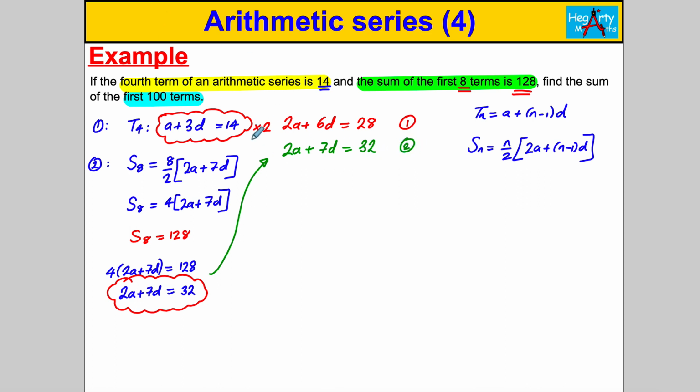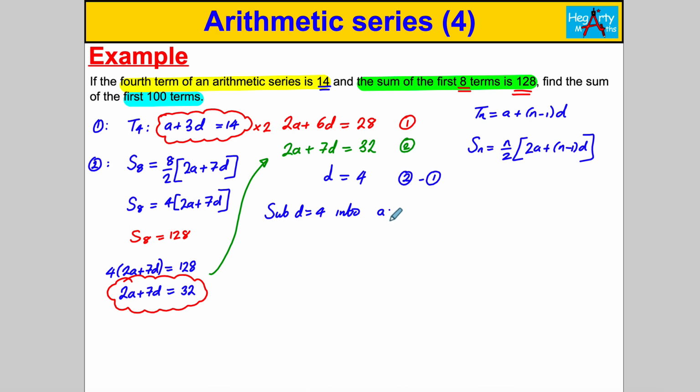And the reason I multiplied this by 2 is I wanted the coefficient of a's to be the same. They've both now got 2a in them. So if I do equation 2 subtract equation 1, 2a take away 2a is no a's, 7d take away 6d is 1d, 32 take away 28 is 4. And we get immediately that d is 4, and then we can find a by substituting d is 4 into